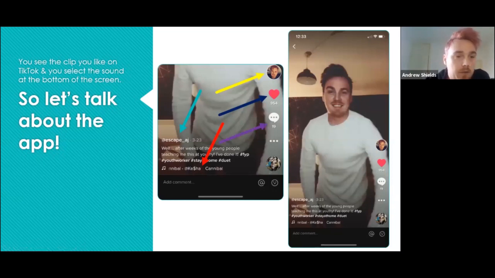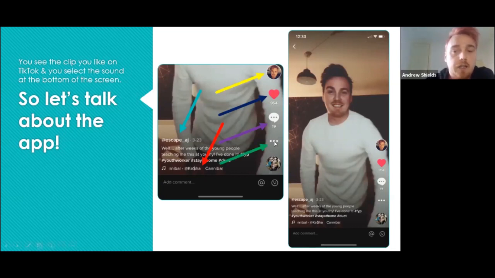Comments: one feature in TikTok is that you can actually disable comments, so it means that you don't have to receive any comments from anybody. This is really useful to promote to young people that maybe are experiencing some online hate from social media. Encourage it a lot. The reason why I don't have it disabled is because the young people on TikTok will write a comment and say, "Hey Andrew, I've seen your video, I'm going to duet it." They'll go duet it on their page and I'll be tagged in it, and then I'll gain them free entry into Escape Youth Cafe when we get back. So it's a bit of encouragement to stay active. It's a bit of an incentive that I use.